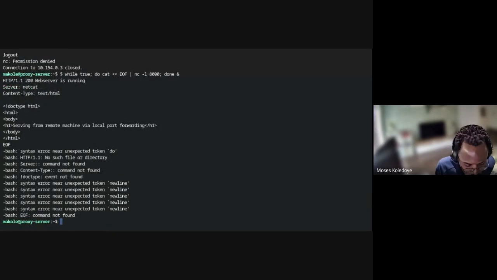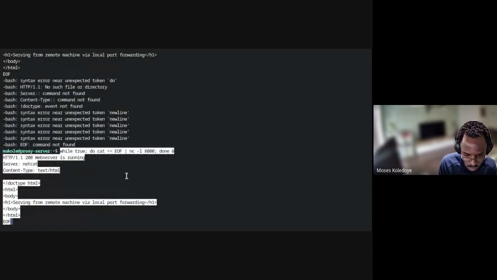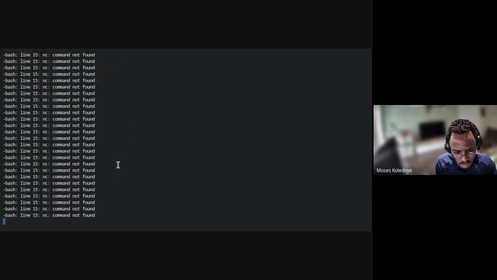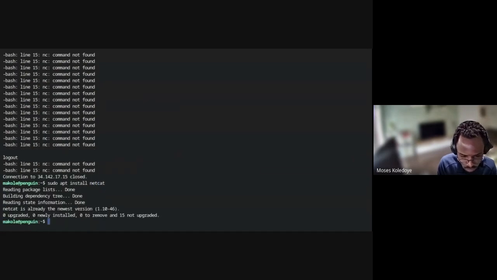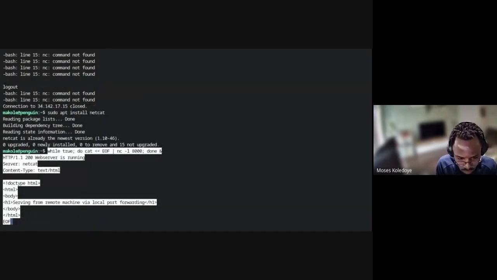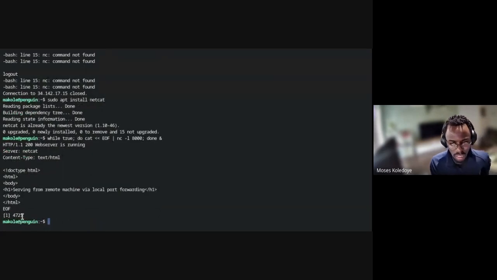So let's copy paste this. And then run this. It says nc command not found. So sudo apt install netcat. And netcat is now installed. Paste this. And then my web server is now running at 4721. So that's a PID. So take for granted our web server is now running, but now it's running at 8000,